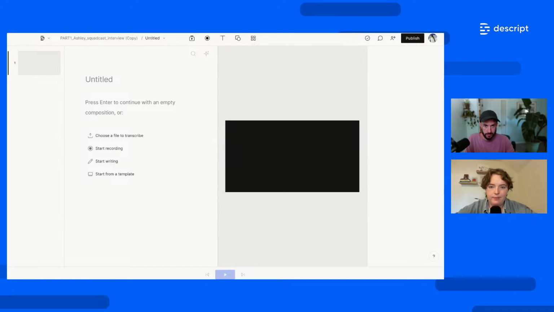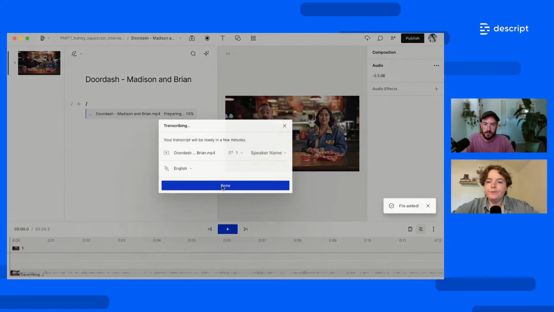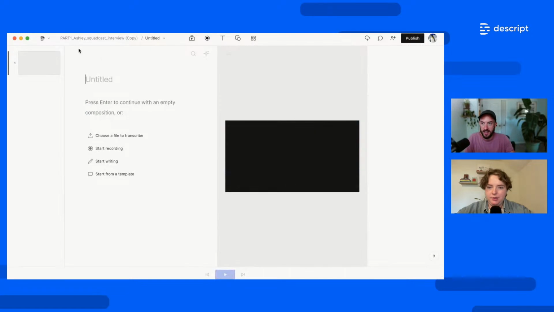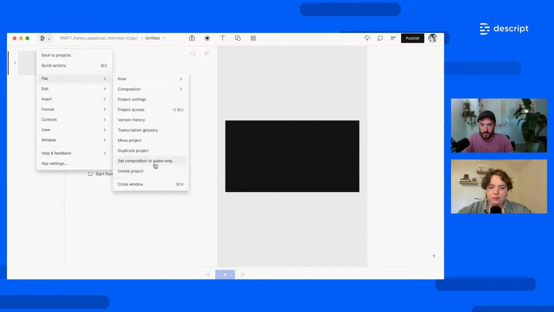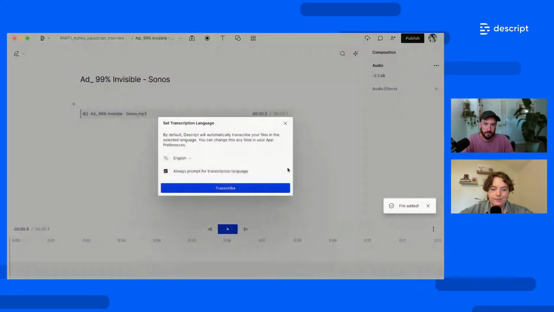I'll start with the video file. Transcribes for me, goes through. It should be in the next day or two. This is a bug we found today, but green screen will be automatically applied to video files. And then if you're going into an audio only composition and dropping in an audio file,